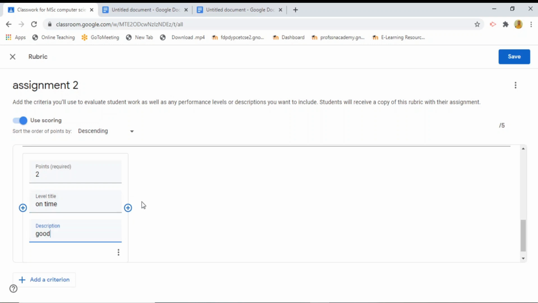By clicking this icon, add a second level. Point is 1. Level is late submission. And description is poor.